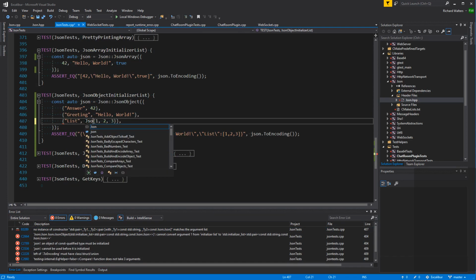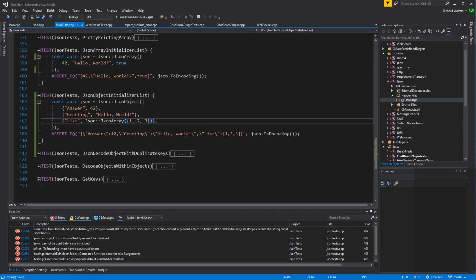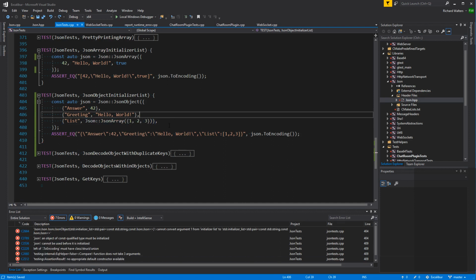So here we go, JSON array. So that's the cost. I can no longer say that. I have to say that. That's the cost of getting rid of the initializer list constructor. But I prefer that because it's more explicit that it's an array and not accidentally creating an object.